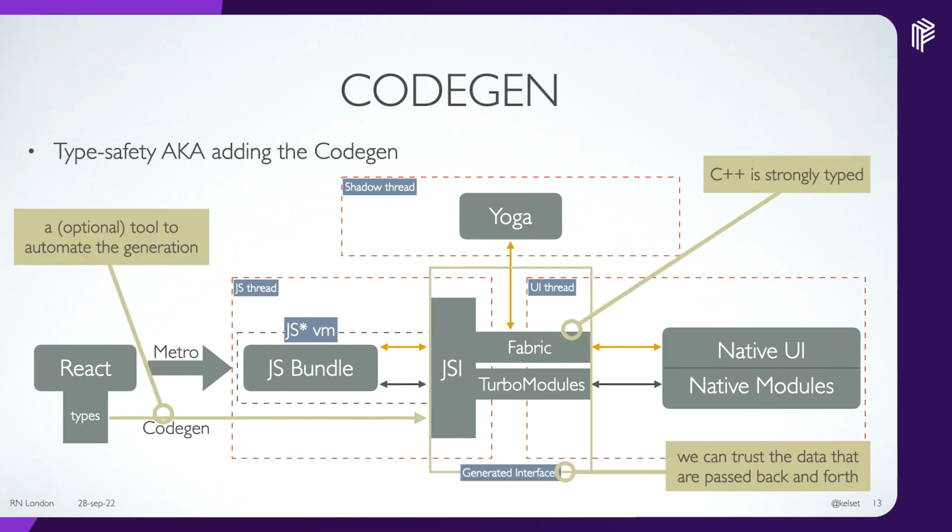Now, on top of all of this, what Nicola was mentioning earlier is the Codegen. The Codegen is basically this optional thing that you wrap all your stuff on top, and it allows for these interfaces to be better managed because the least amount of human needs to work on this code, and the more you can just generate it, the better it is for everyone, especially if you need to generate C++ or Java code. And this is relying on your code base using Flow or TypeScript, which is pretty cool because